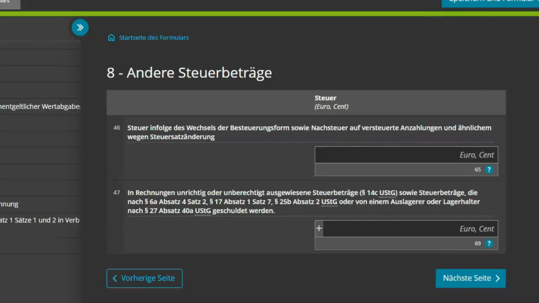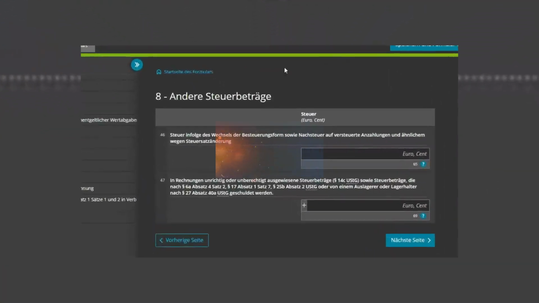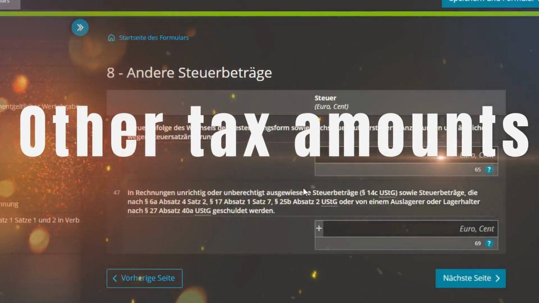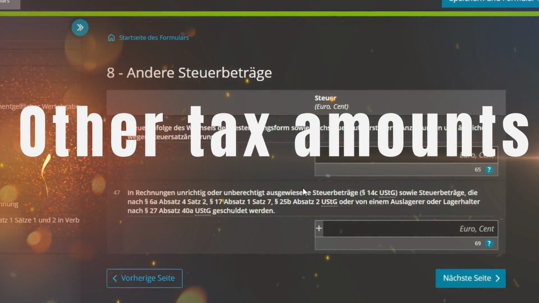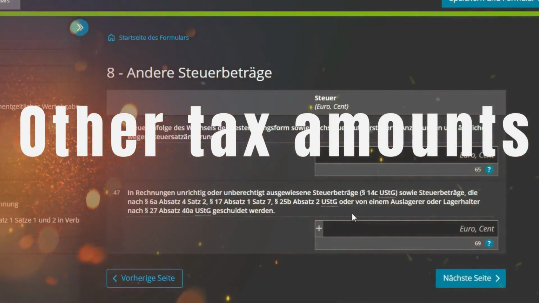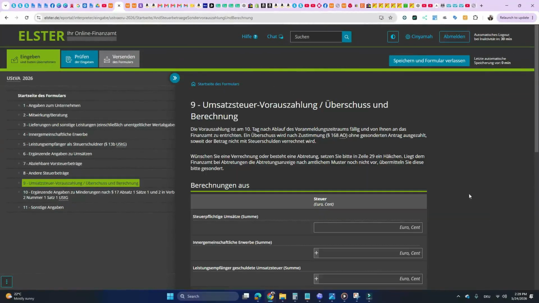Section number 8 is called Andere Steuerbeträge, which basically means other tax amounts. Okay, for many new business owners, especially people with zero sales or very simple business activities, this field may remain completely unused. Section number 9,